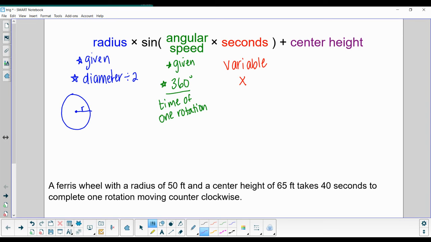And then finally, we have our center height. So if we talk about our Ferris wheel, we have our wheel and the height from the ground. This is our center height. So this is always given to us. And occasionally, you're going to get the highest point. So it could be your highest point